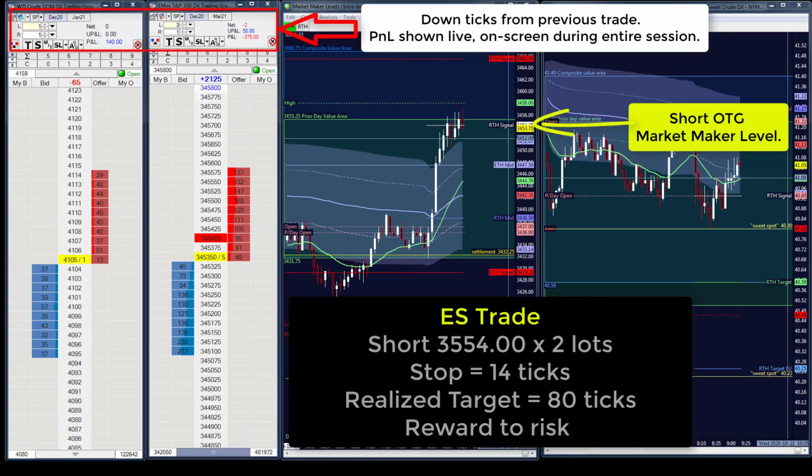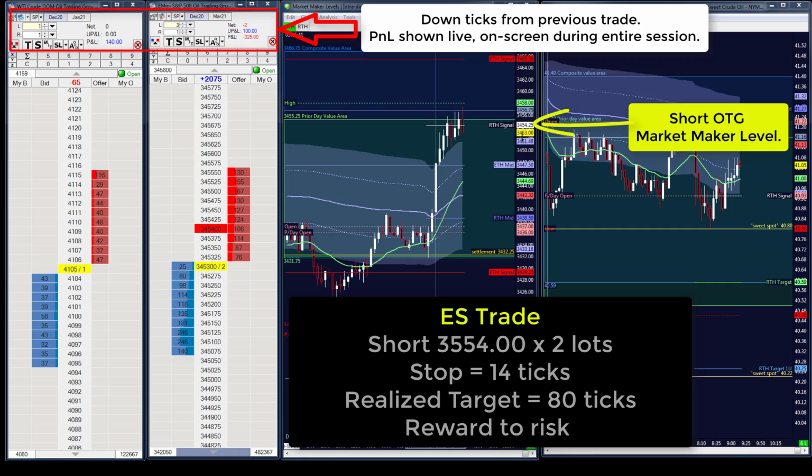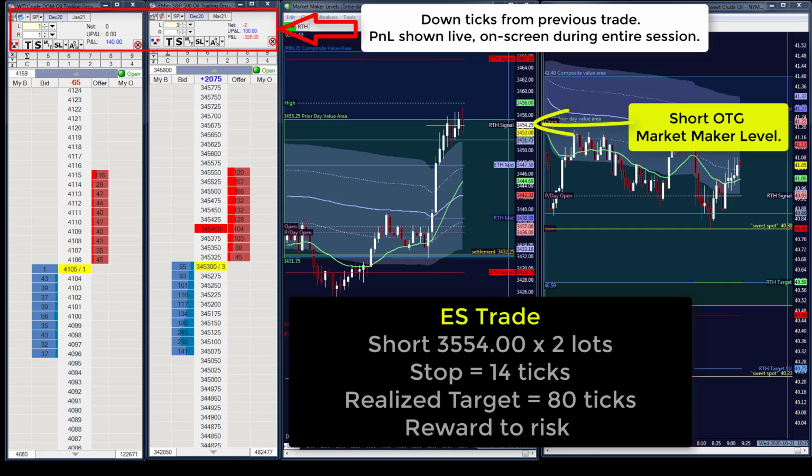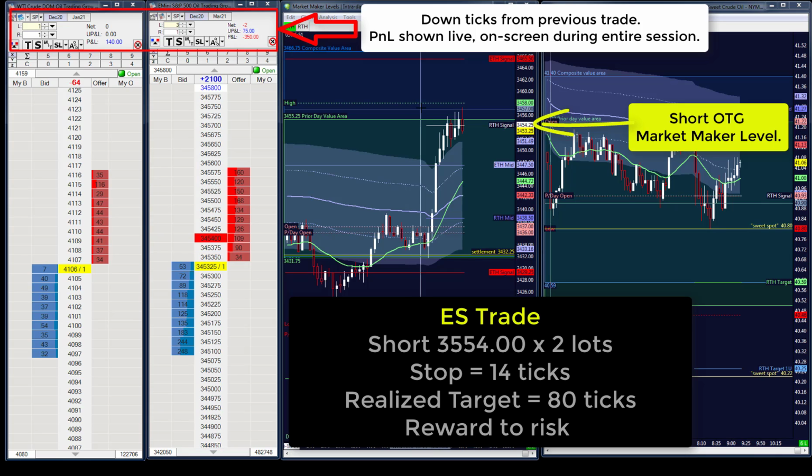And at 54, one more time. We're trying it again. Again, I got stop run through that. Feel like I got stop run. I had a stop run up through that point of control up there. This time I'm going to get aggressive on the stop if we get back through it here. That was up to